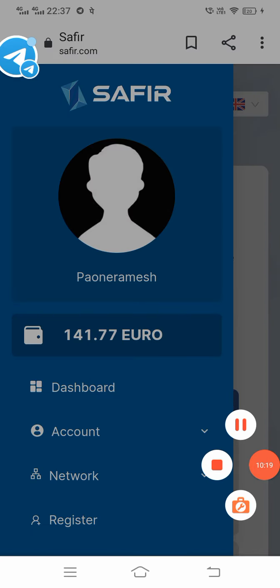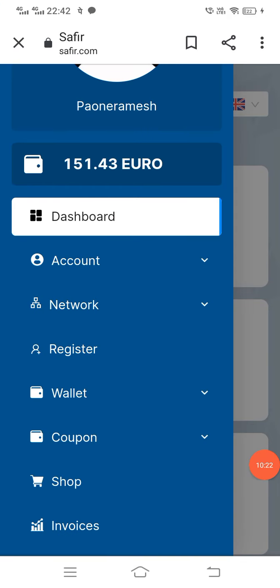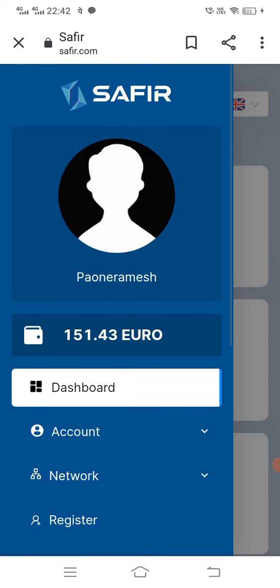Within that, it will get deposited. Oh, very good. 151.43 euros. Excellent. Successful now. So I have deposited approximately 14,700 for these 151 euros through Litecoin.